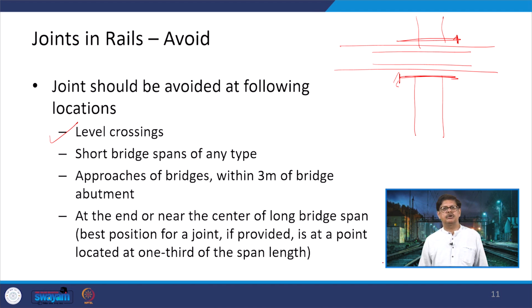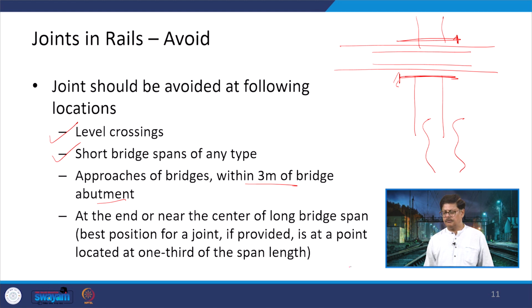In the case of short bridge spans of any type, there also on the bridge the joint should not be there. It can be before, or if at all it is required, then again there is a value given. In the case of approaches of the bridges, within 3 meters of the bridge abutment it should not be there. So, if you have